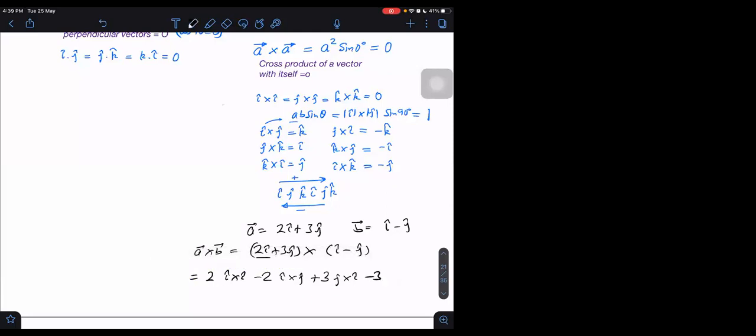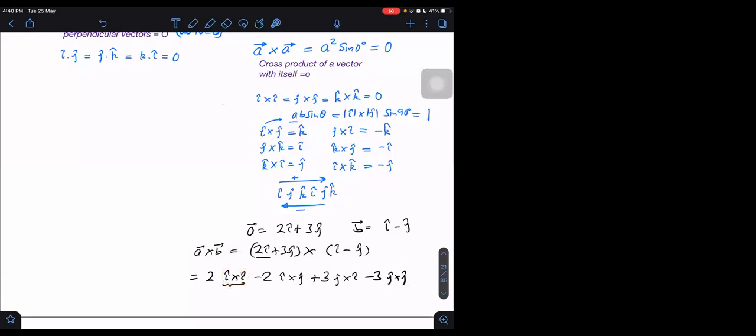That is -3, and then it will be j cross j. I have told you before, what is the cross product of a vector with itself? I cross I and j cross j will give us 0. It is only once I am doing this thing, for the first time, that I am taking I cross I.